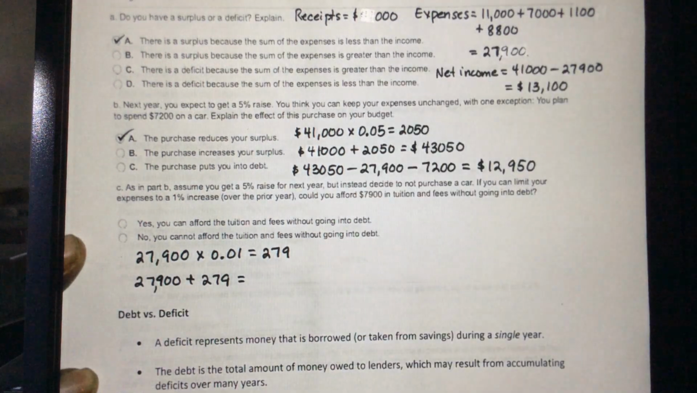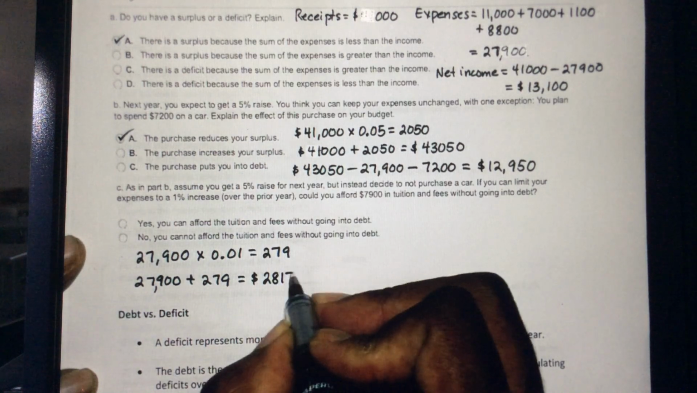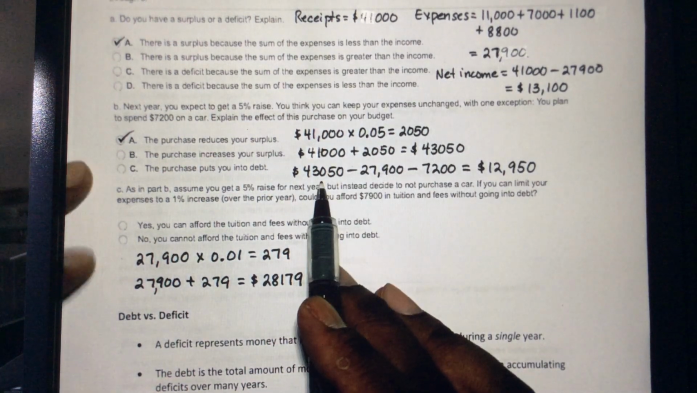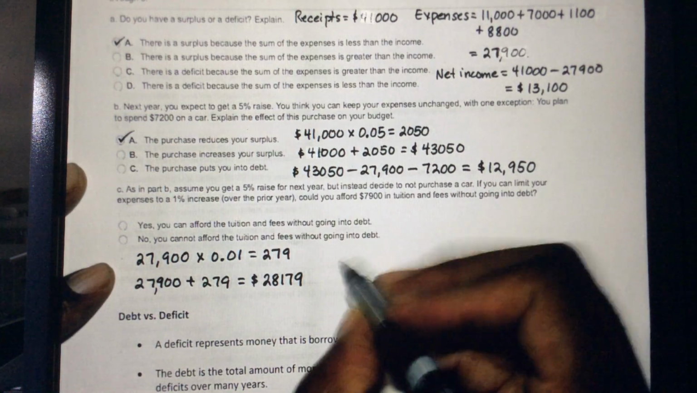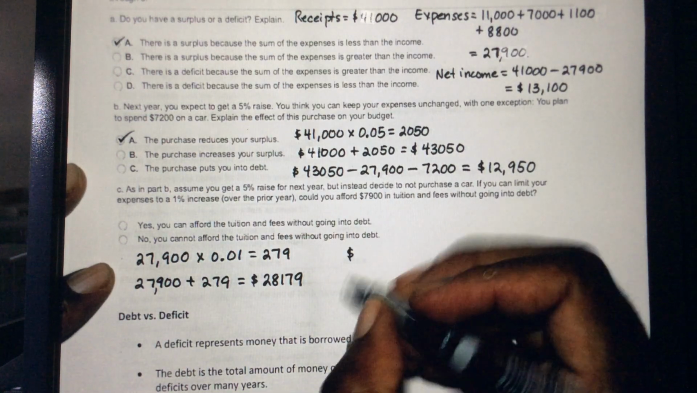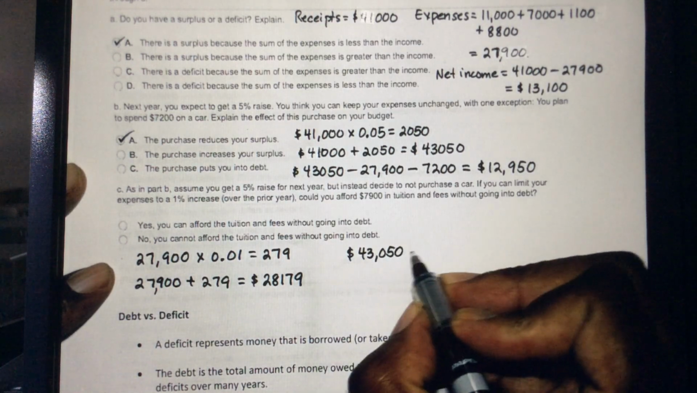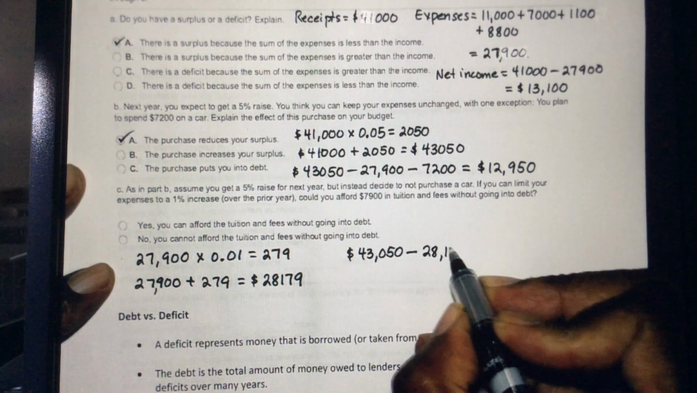That would be $28,179. So here our expenses will increase to an amount of $28,179. Now, we're going to take that $43,050, which is our amount after the 5% raise. We're going to subtract $28,179,